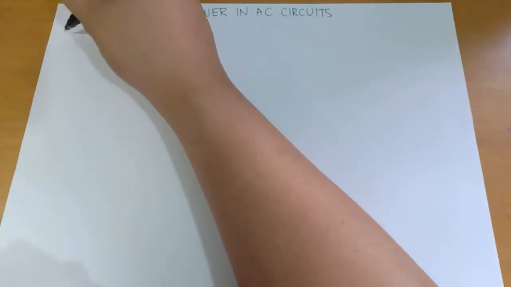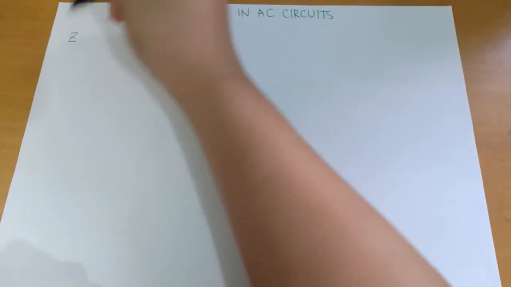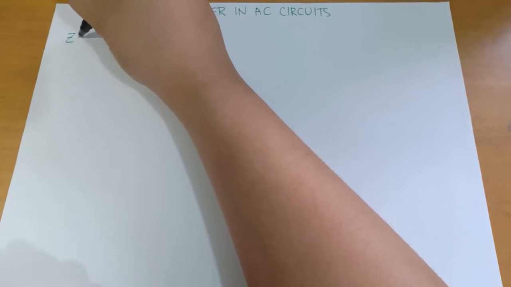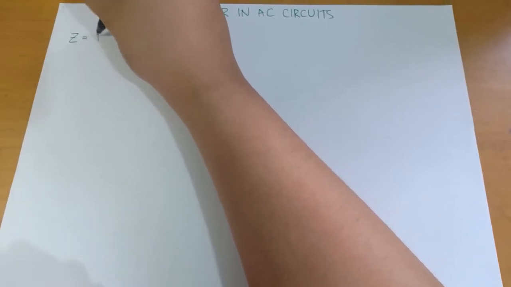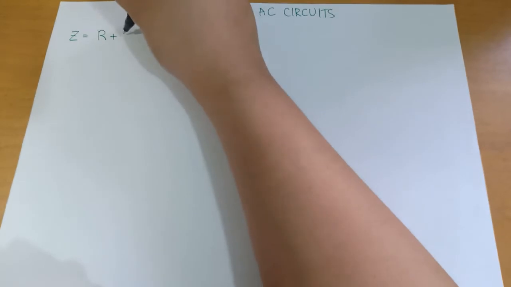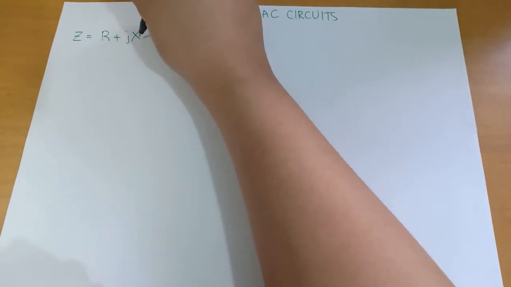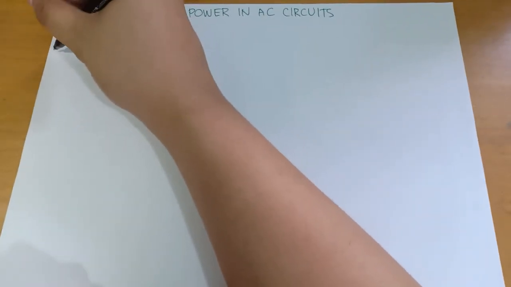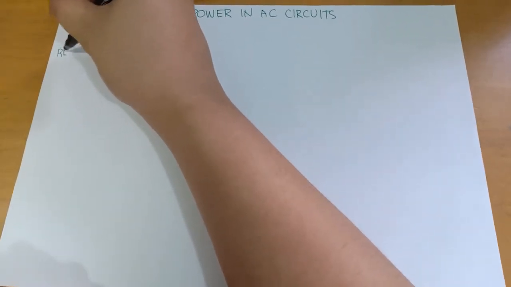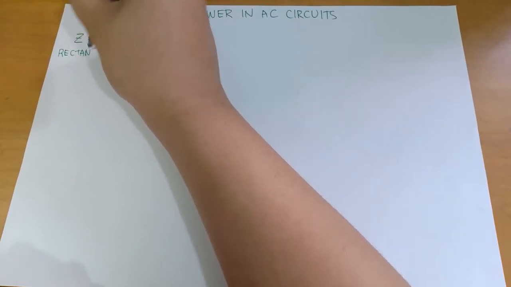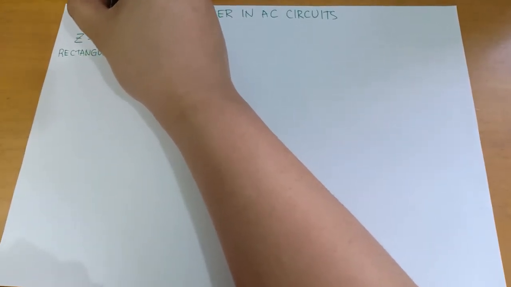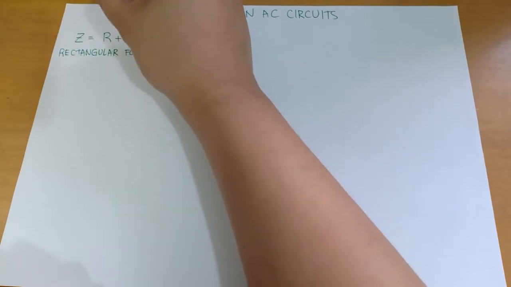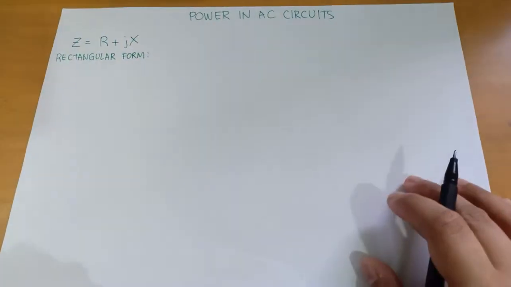Okay, so let's proceed with power in AC circuits. So remember, meron tayo nitong formula for impedance Z equal to resistance plus jX, which is ito yung reactance. So, i-translate natin sa power. Rectangular form. So, in rectangular form,